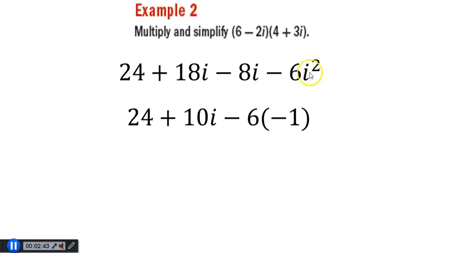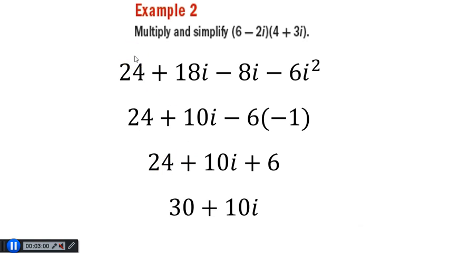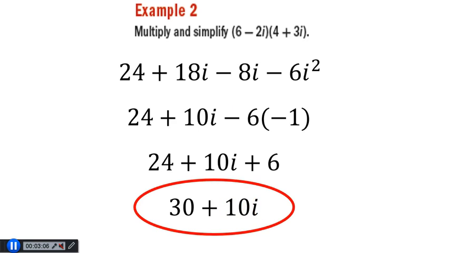And then I'm going to change I squared to -1, because if I is the square root of -1, then I squared has to be -1. Further simplification here, -6 times a -1 is going to be a positive 6. And then we have another pair of like terms here, 24 and 6, simplified to 30. 30 plus 10I is our simplified version of the product of these two complex numbers in our A plus B times I form, where 30 is the real part of this complex number, and 10 is the imaginary part because it's the coefficient of I, which is the square root of